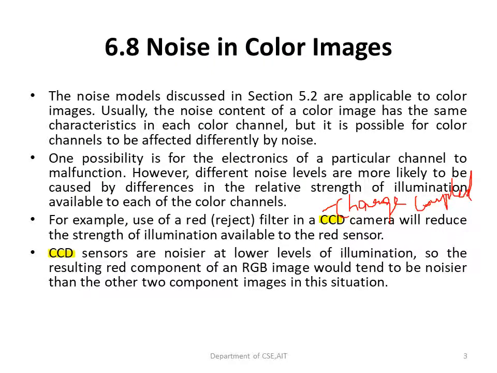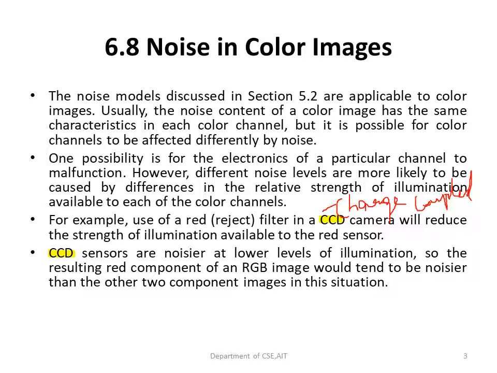In the previous topic of image restoration, we have studied something about noise: the different types of noise like periodic noise, Erlang noise, Gaussian noise, uniform noise, and also how we can estimate the noise parameters and the spatial and frequency properties of the noise. All these things we have studied with respect to images. Of course, this can be extended to color images. So whatever we have studied, all the basic concepts of the noise model, can be extended to color